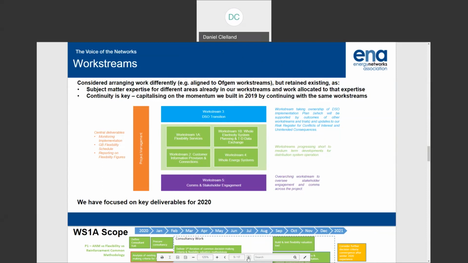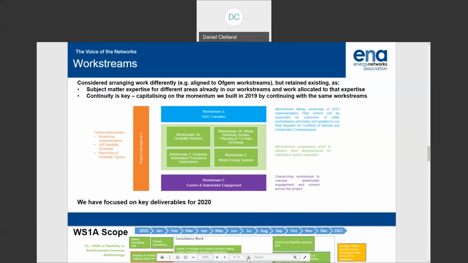Okay, so the first thing to do is build on that governance structure that Nigel referenced earlier and show how we split up the work streams. For those of you who were engaged with Open Networks last year, the work streams will be very familiar because we've kept the same structure as last year. Largely that gives us continuity, which is absolutely key because it means we can maintain momentum in development, but it's also a reflection of the fact that our work streams are defined to reflect key areas of priority, and it enables us to package up our bodies of work.